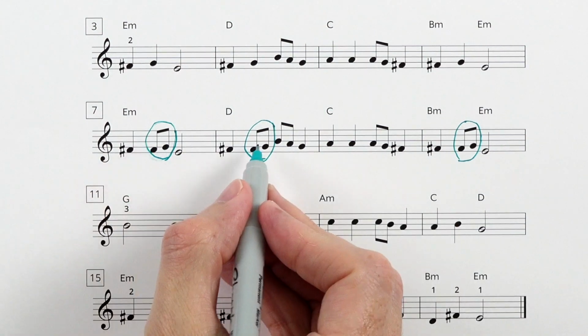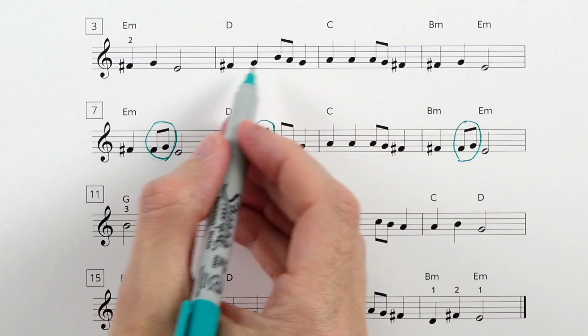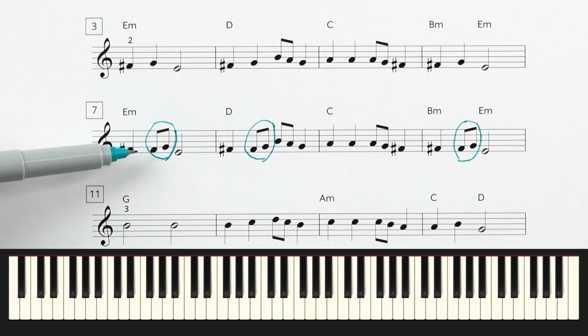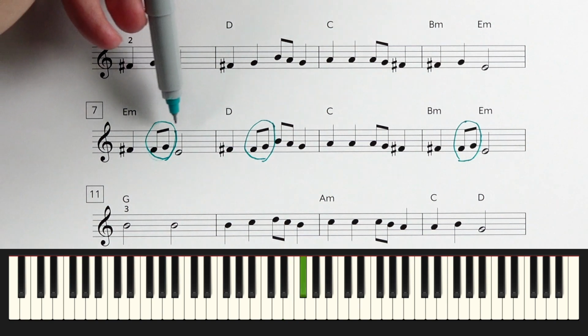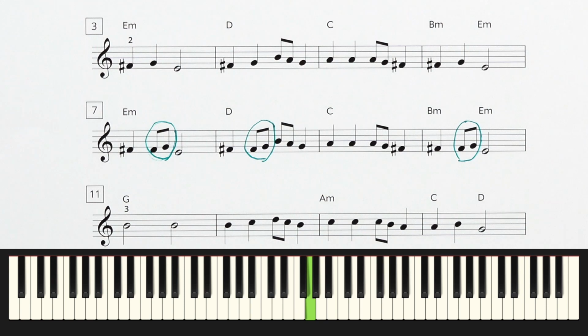Okay, this is what you should have circled in your own music. Basically, every time we had a G on beat 2, that's been replaced with an F sharp G. I wanted to add a little variation to this composition. Instead of ta, ta, 2, this time we have ta, ti, ti, 2, ta, ti, ti, ti, ti, ta.